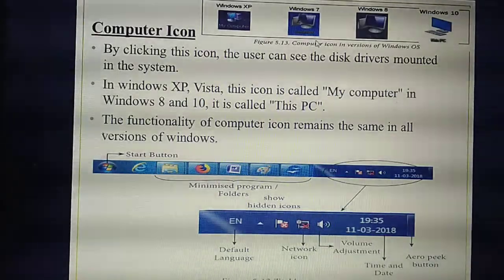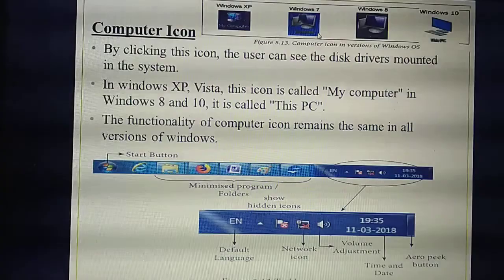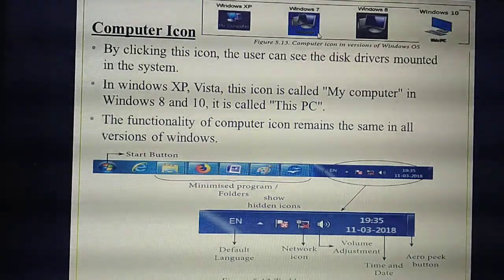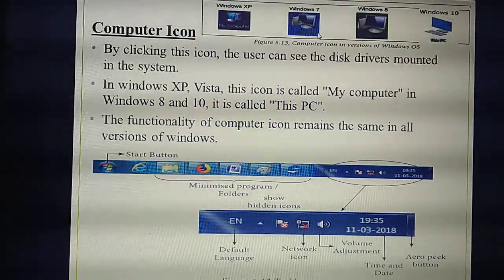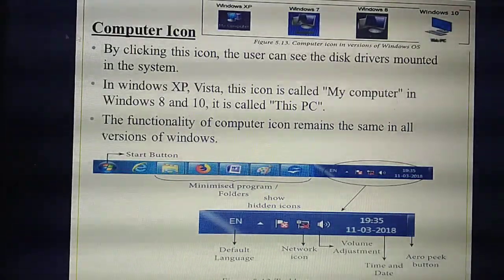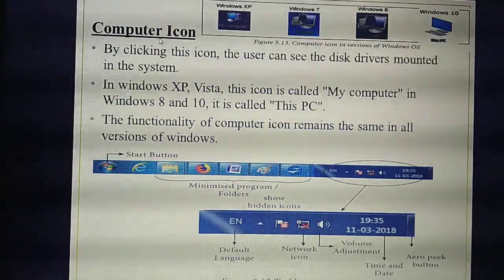Okay, what is the use of this computer icon? If you double click the computer icon, how many drives are there, all of that is displayed inside this computer icon. So what are the disk drives? Yesterday you studied 5 disk drives. What are they? Hard disk, pen drive, then extra additional devices, likewise 5 drive icons, CD drive. So all the drive icons are present inside which one? Inside this computer icon. How can you see them? If you double click the computer icon, you can see how many drives are there.